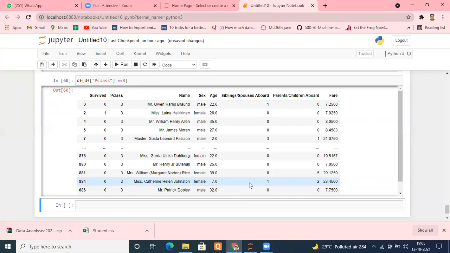Are you getting what I said? They are traveling in passenger class 2, or condition is there, or they were not carrying any siblings or spouses with them, meaning siblings or spouses was 0. Can you do that?